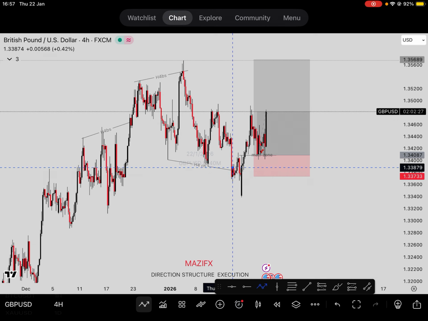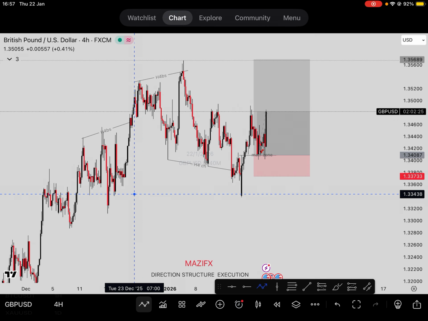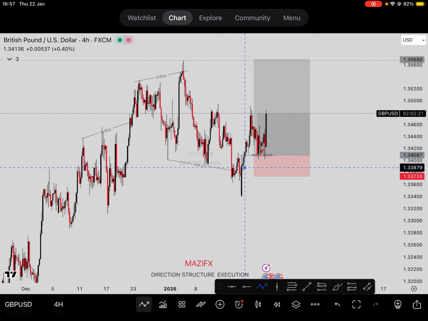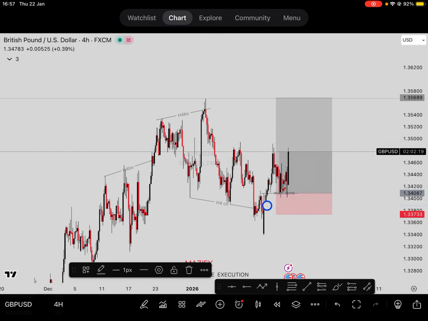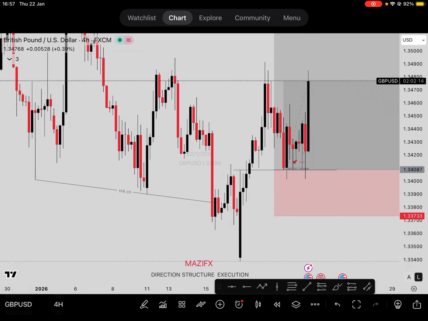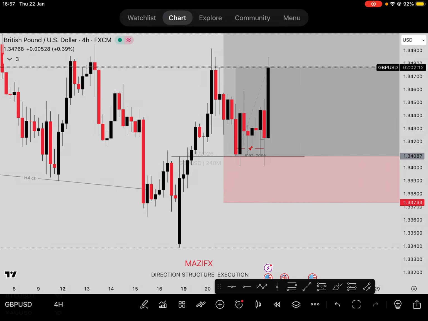So, first scenario: since price has broken this structure here, this last structure, and came into this zone. Now on that weekly, I saw that this is like a weekly demand zone, and price reacted. So I had to zoom in to see what price did. I noticed that price finally did an engulfing. This is the source candle.